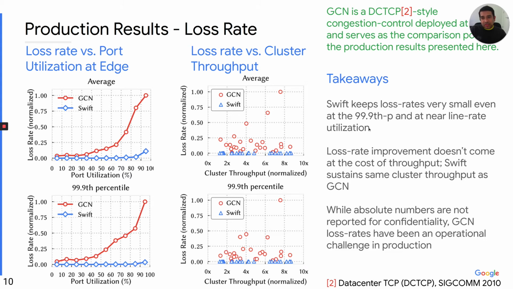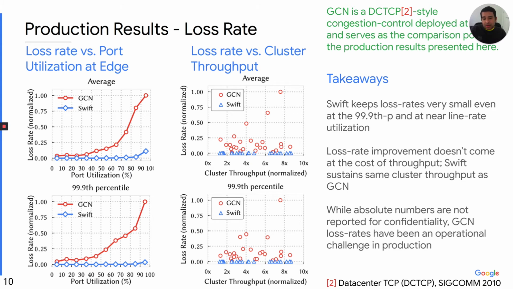So the first metric of interest is loss rate, and here we are showing both the average and the tail loss rate at the 99.9th percentile, first versus port utilization from 0 to 100%. And we have bucketed the port utilization in range of 10%. And we also show both the average and the 99.9th percentile loss rate versus cluster utilization or cluster throughput. We are providing the normalized loss rate numbers here because of confidentiality reasons, but we'll provide some absolute numbers